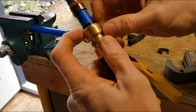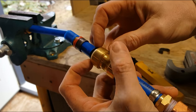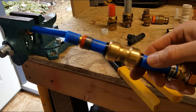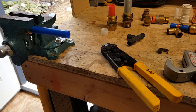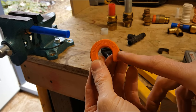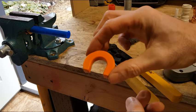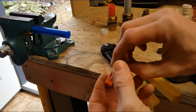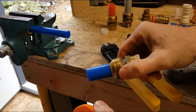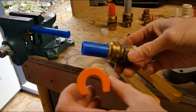For these here, this ring, and I have a tool somewhere, I'm not sure. Let me see if I can find that here and I'll show you how to take these out. Well, I'm not able to find my 1/2 inch, which is what I was going to show you, but I do have a 3/4 inch. And as you can see, it's pretty basic. It's just this horseshoe thing. But I do have a 3/4 fitting into a SharkBite style